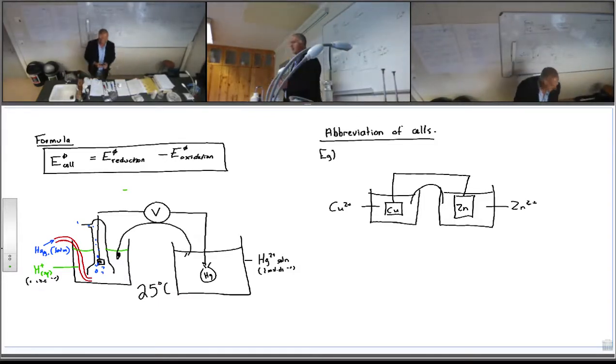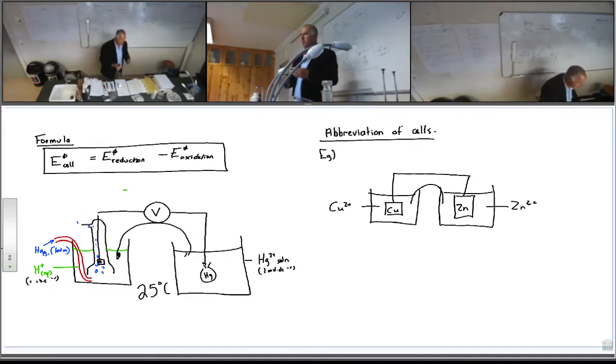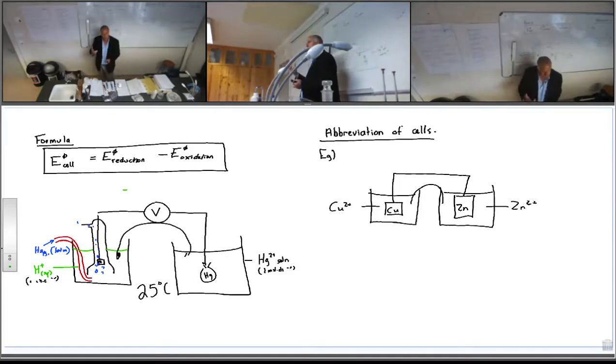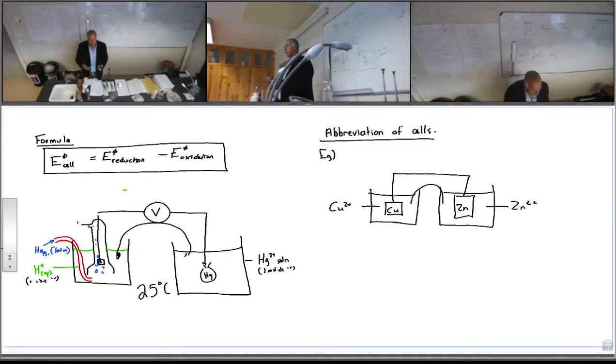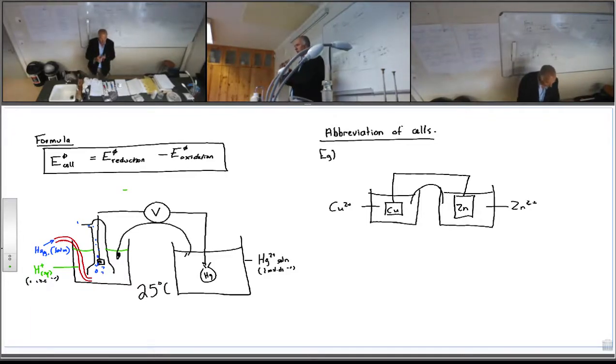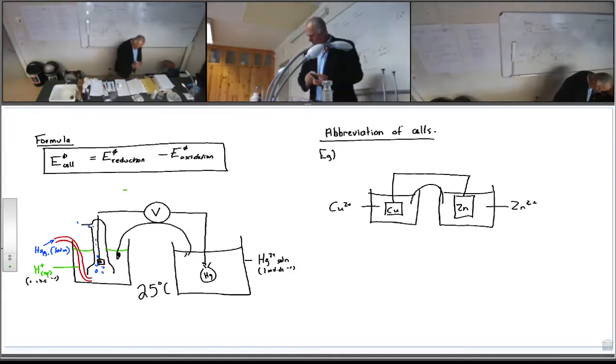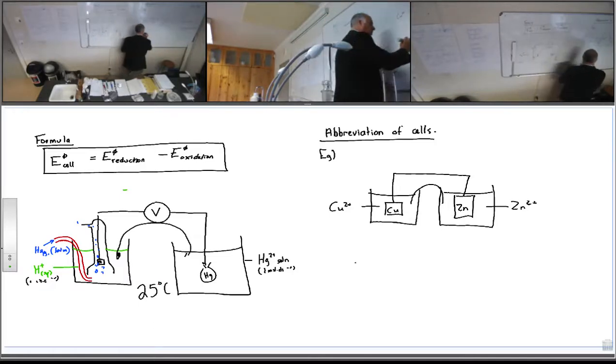the cell looks like. There's another way of doing it, and that is known as your abbreviated or standard cell notation. It's the UPAC cell notation. Where else have you come across the word UPAC? Naming of what? Organic compounds. Now UPAC is the body, worldwide body that regulates scientific naming of things, illustrating of things, how it's done. Okay? So UPAC says that you always start off with your anode,